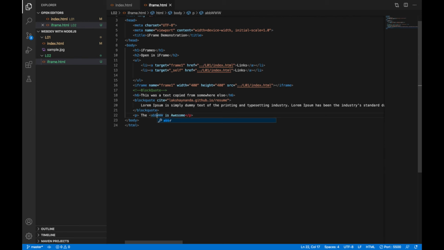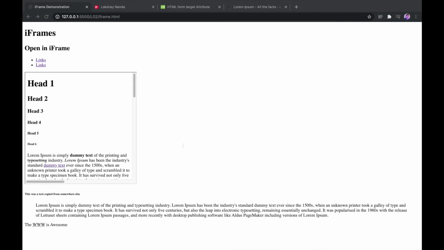So there's a tag called abbr, and I provided a title to it, World Wide Web, right? So I wrapped this www inside the abbr HTML tag, and what it would do is that we get a small underline feature where when I hover over it, it would say World Wide Web.